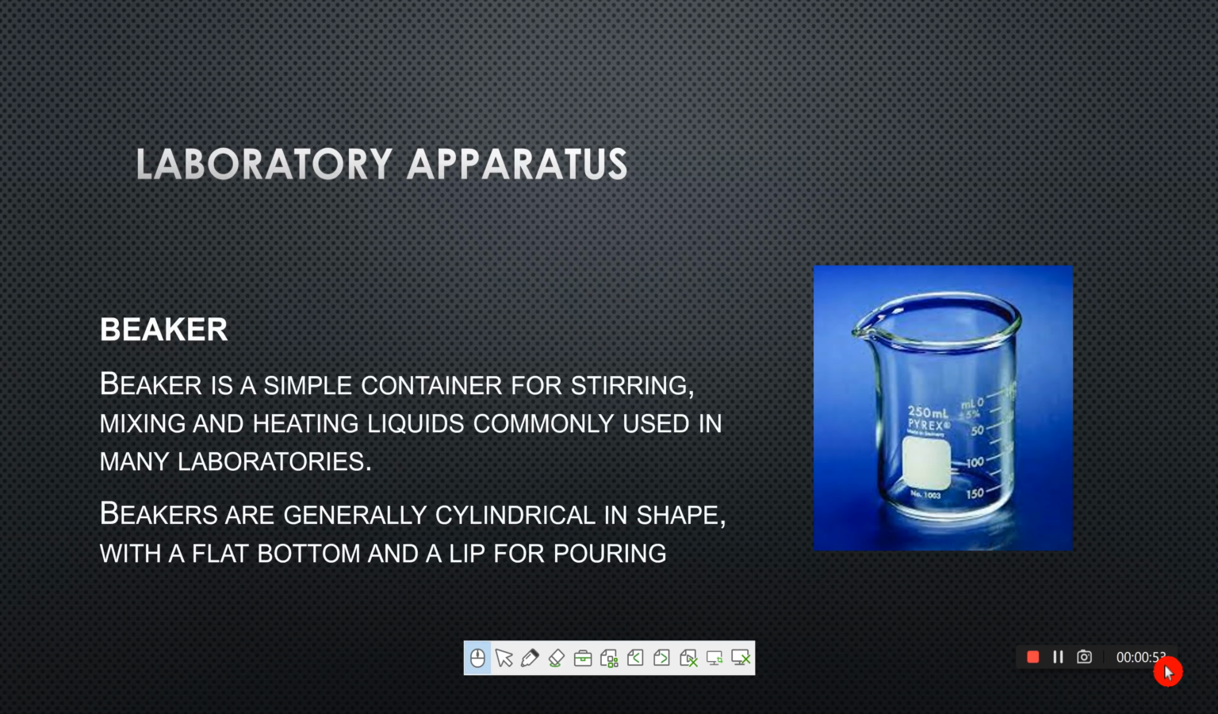So first of all, we will talk about the laboratory apparatus that are used. Here in this picture, in the very first slide, you can see the beaker. It is a glass beaker. What is a beaker? A beaker is generally cylindrical in shape with a flat bottom. Here you can see that it has a flat bottom